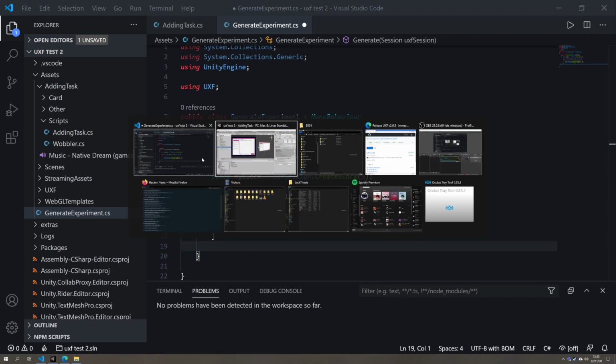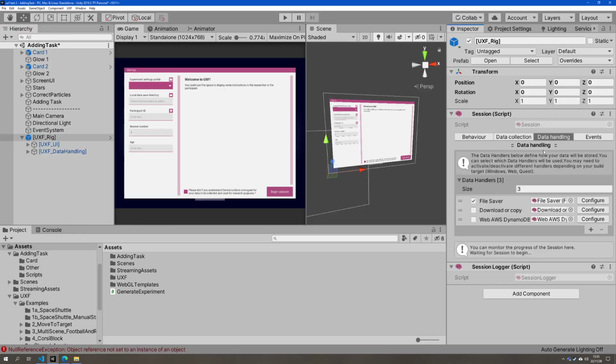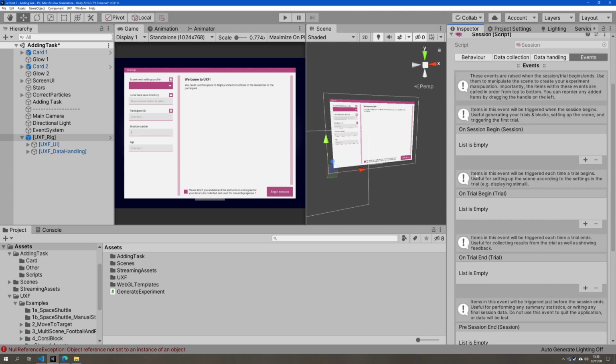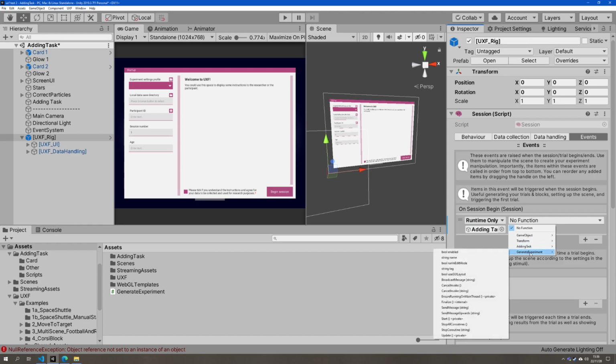So in Unity, we can go here in our events, and you can read here about when each of these events are called, but UXF calls these events for us, and we can just assign the methods that we want to use at these stages. So when this session begins, what we need to do is generate all of our trials, right? So we're going to pull in this reference from our adding task and select the generate experiment script we created,